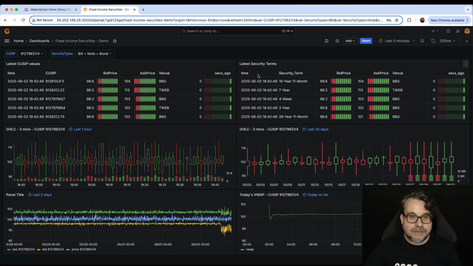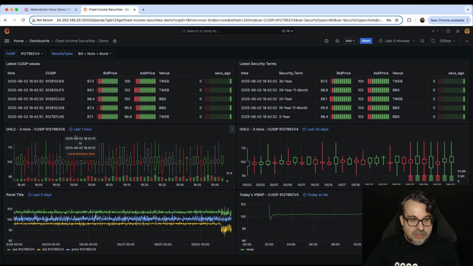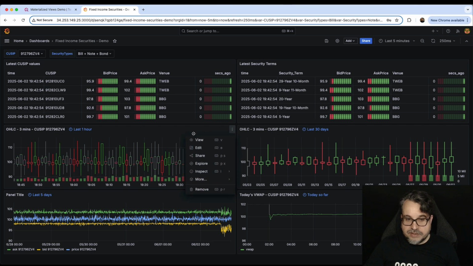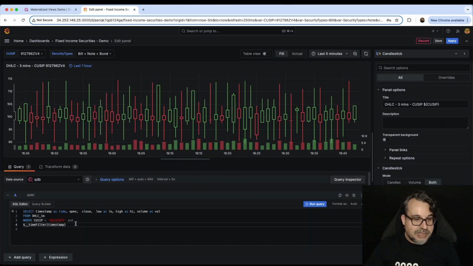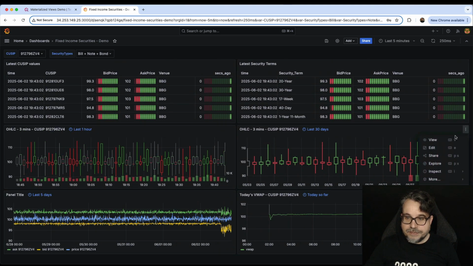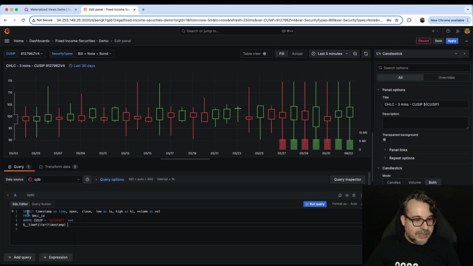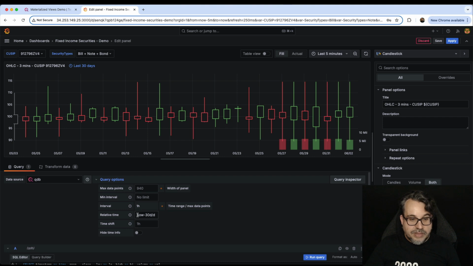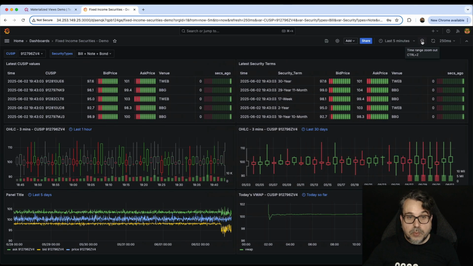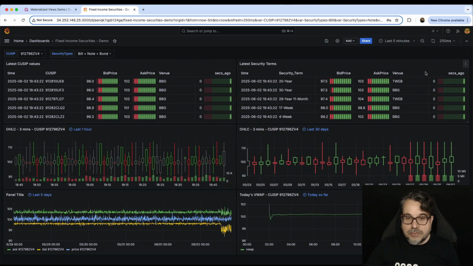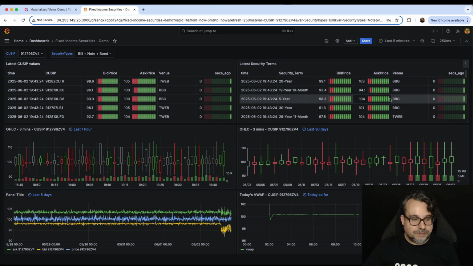So let me just again show you this dashboard. This chart here is just reading data from the materialized view without any further aggregation. This other chart here is running the data, again with no aggregation, but I'm querying the whole month of data. And a whole month of data without the aggregation, it was 1.5 seconds. Here we can refresh, like, every second, and the CPU is not doing anything at all.